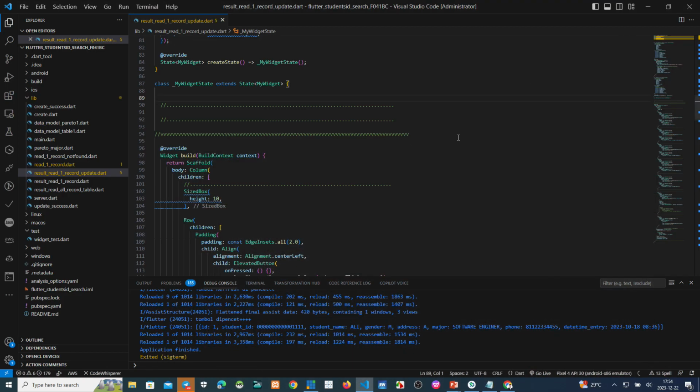Okay, to make a controller, we must type TextEditingController. Where is it? Text editing controller. There is no change.